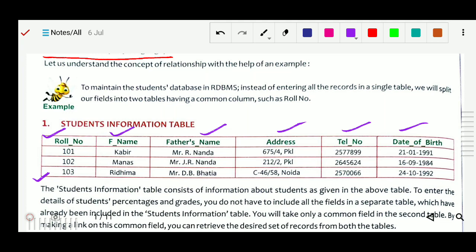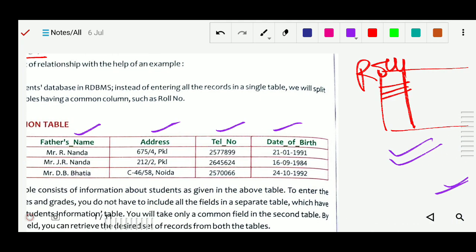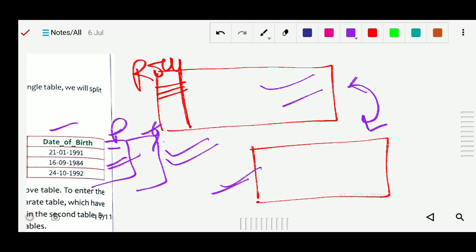In Excel, we would have to make two more columns for the percentage and the grade. But I don't want to do it like this, and I don't want to change this particular table. In the relational database, Microsoft Access gives the facility that you don't do anything here; you just make a separate table for the percentage and the grade.